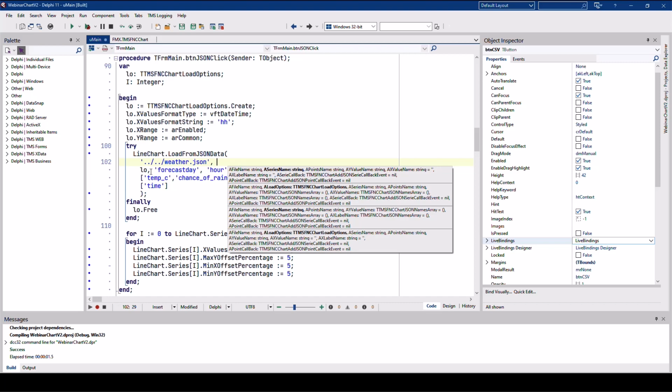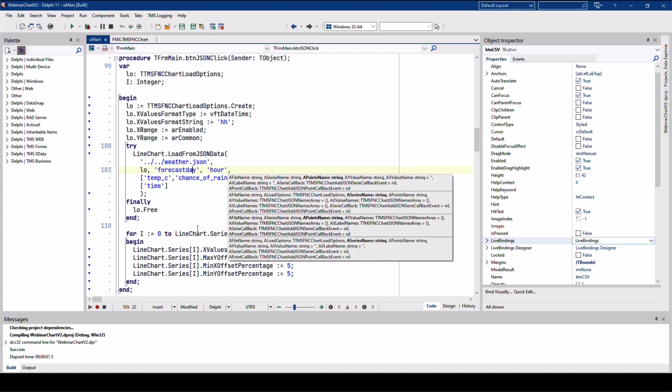The second parameter is the load options, as you can see here, because we created our own load options. That means this second and fourth parameter overload are the only ones that are still possible. And then the third one points to a series name.